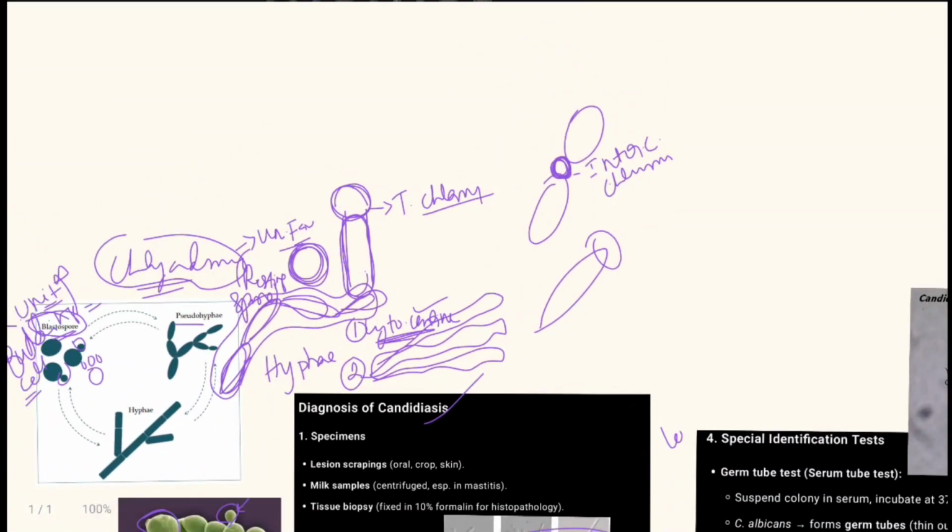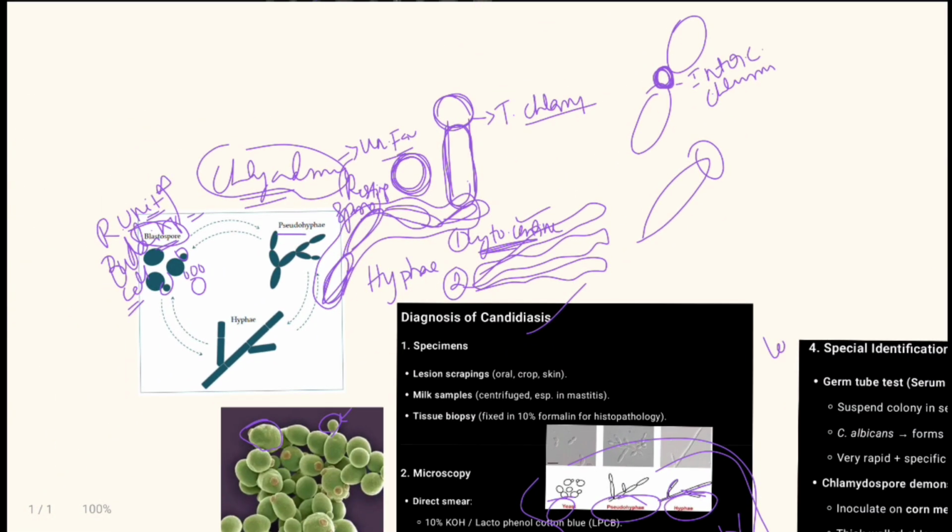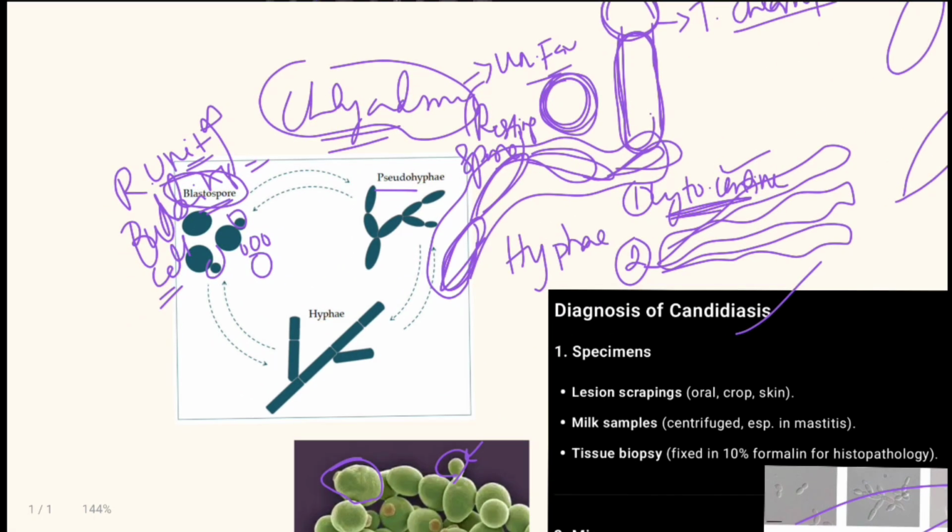And remember, the chlamydospores and these pseudohyphae will be formed in unfavorable conditions. Another important aspect is that these blastospores, yeasts, hypha, and pseudohypha in genus Candida have a switch type of life cycle. Whenever the conditions facilitate the fungus to be a yeast, then the fungus will exist as a yeast form. If the conditions favor the pseudohypha, then the yeast will convert itself into pseudohypha,